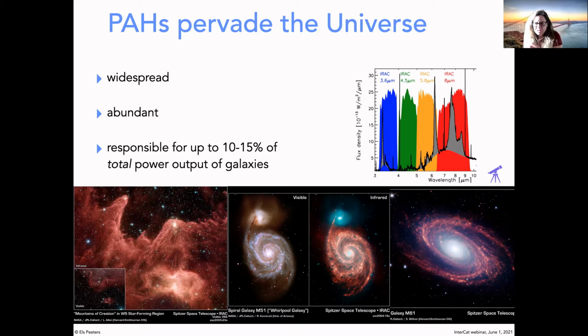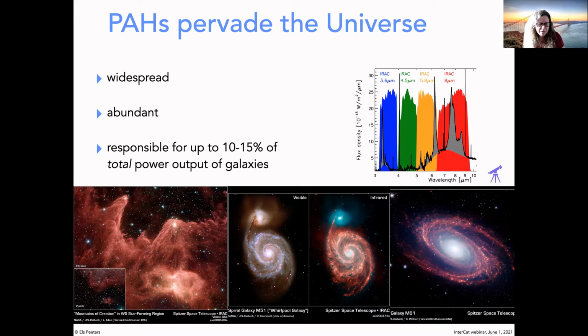And so you can see that the red color and the orange color is really dominated by the strong emission features of PAHs. If you look at these composite images, wherever you see kind of a reddish color, it indicates that you have these vibrational emission features of the PAH molecules. Clearly from the figures shown here, these are all taken with the Spitzer Space Telescope. You can see that PAH emission is widespread, not only in a star-forming region in our own Milky Way, but if you just look at different galaxies, you can also see